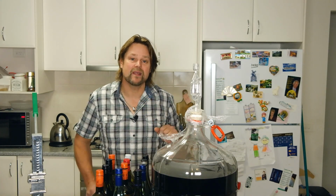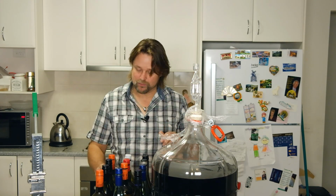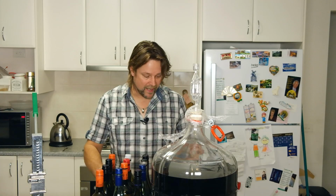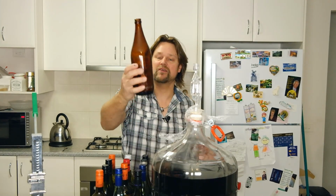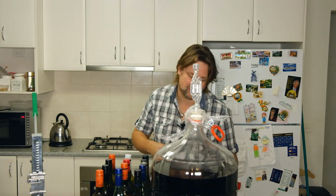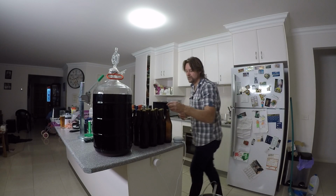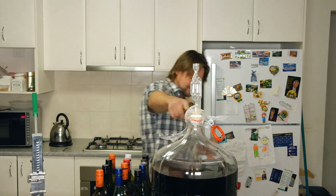So right now, today, I am going to put that into bottles that I've collected, all sanitised and clean, and some also beer bottles, these guys here. I've cleaned and sanitised all these. Make sure I put that back in the sanitizer. So now all I have to do is grab the